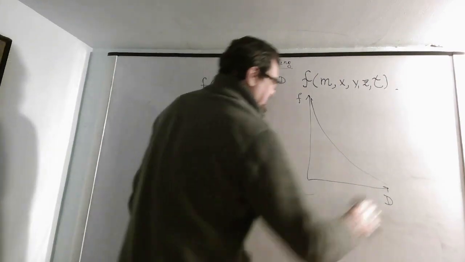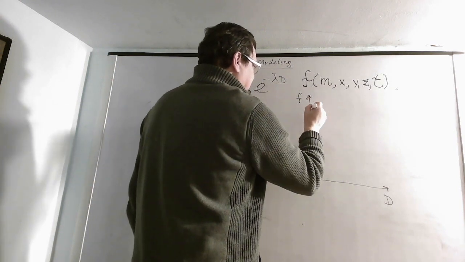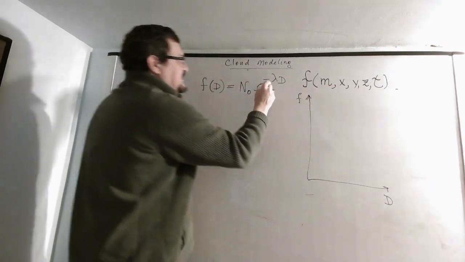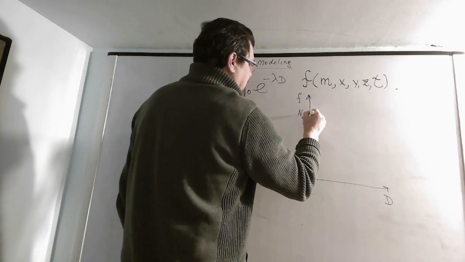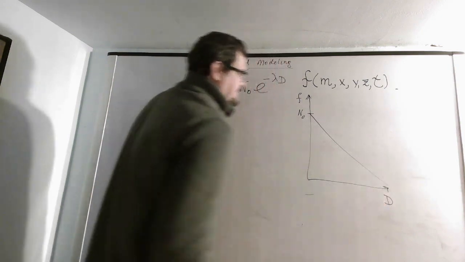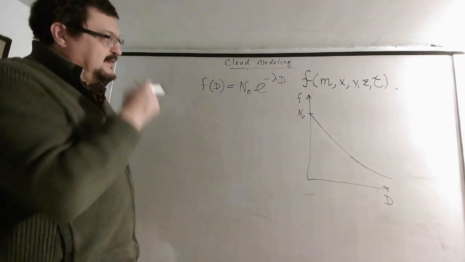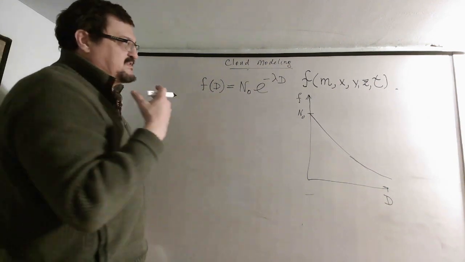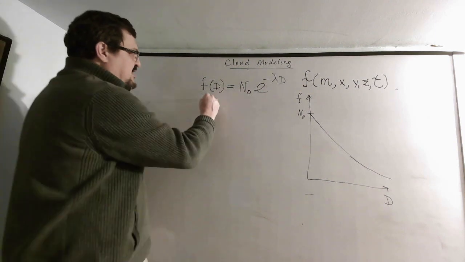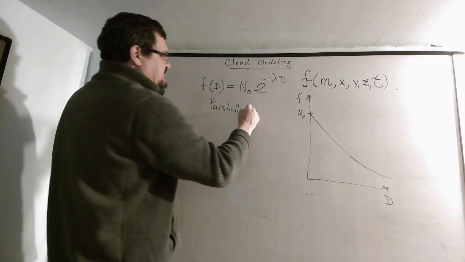Or actually not, it's not like that. So when d is equal to 0, this one is equal to n naught, and then it just goes like that. So in that case, the most important aspect of why it's called Marshall-Palmer, not just exponential distribution,